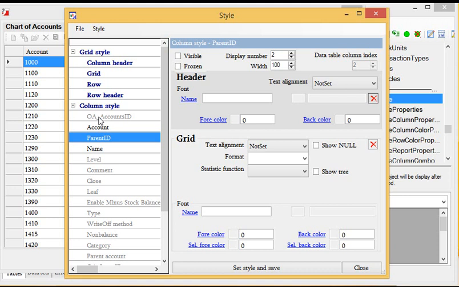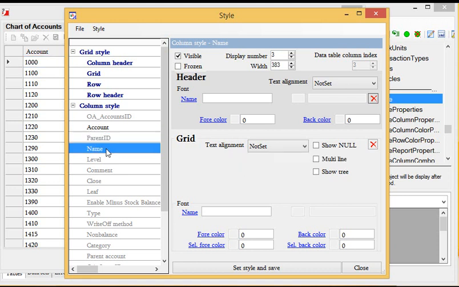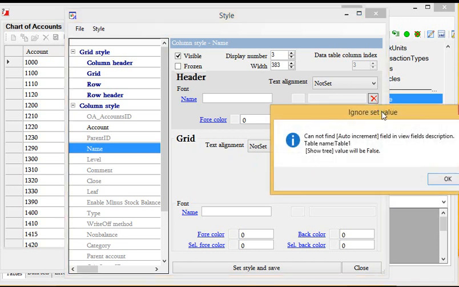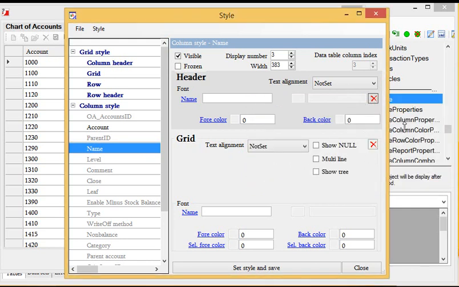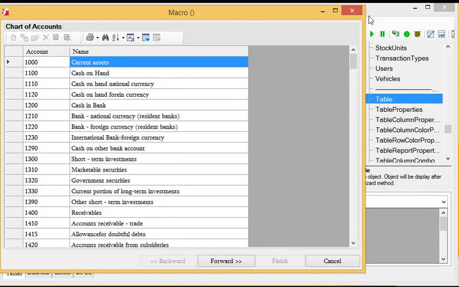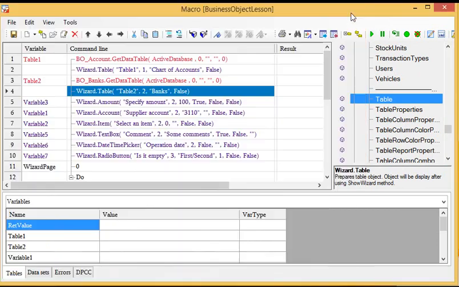So if we try to show the name field as a tree-like structure, the system will tell us that the auto increment field couldn't be found, so this data grid can't be shown as a tree-like structure. And in order to teach the data grid to recognize the unique identifier auto increment field,